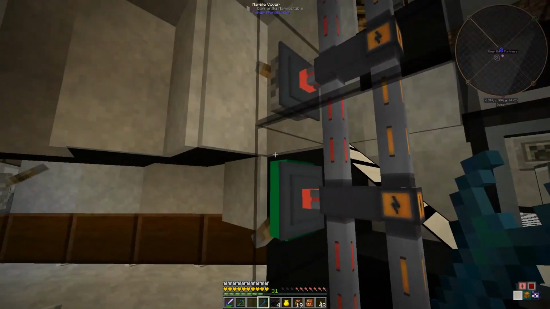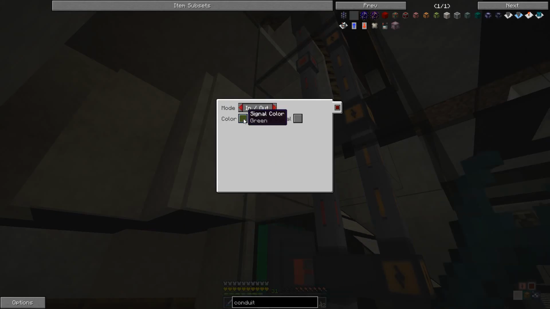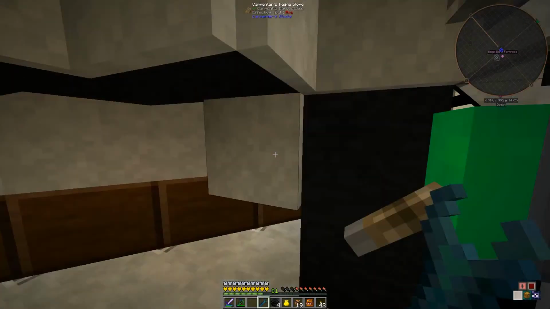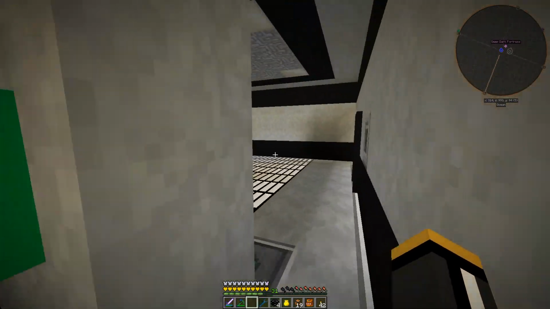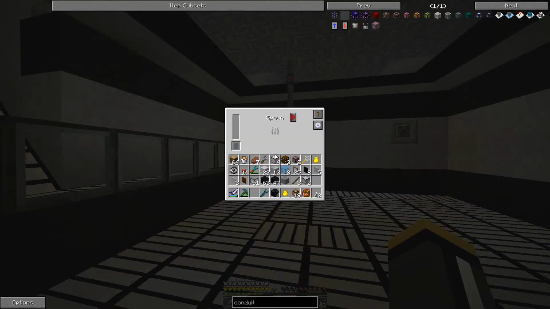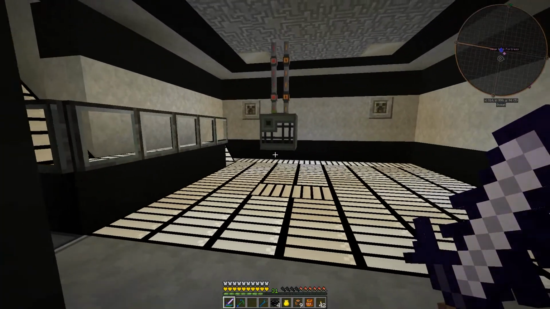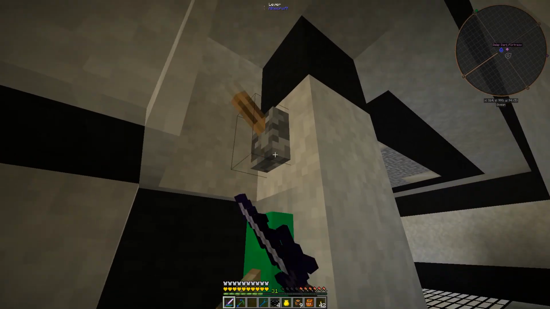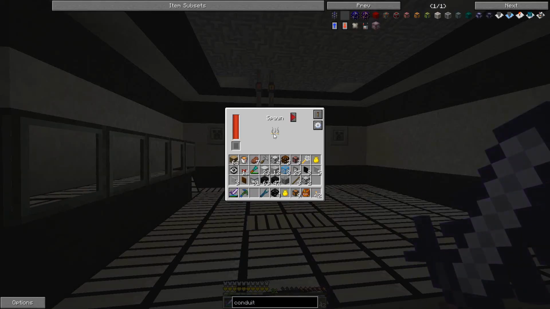There we go. Got that connected. So now, like I said, we're going to change this to color green, so then that lever will control the spawner. So when that switches on, the spawner will be off. Of course, right now the spawner has no power, but alright, we're ready to test. Are you ready? Let's see what happens. This thing is kind of slow. We should probably get some capacitors to upgrade it, but...